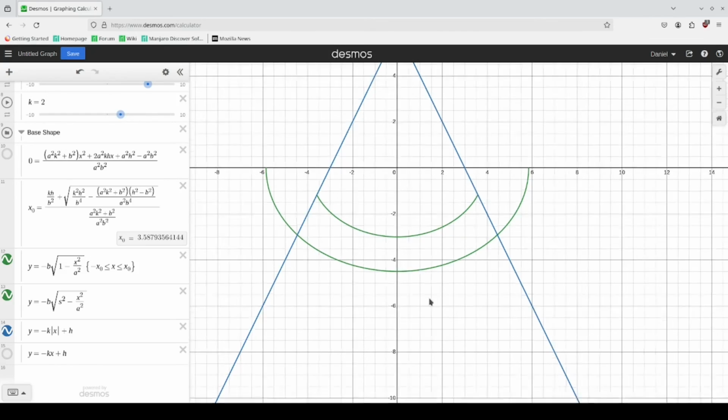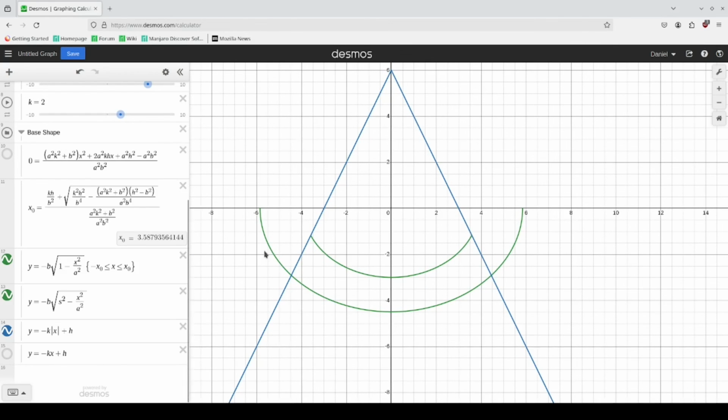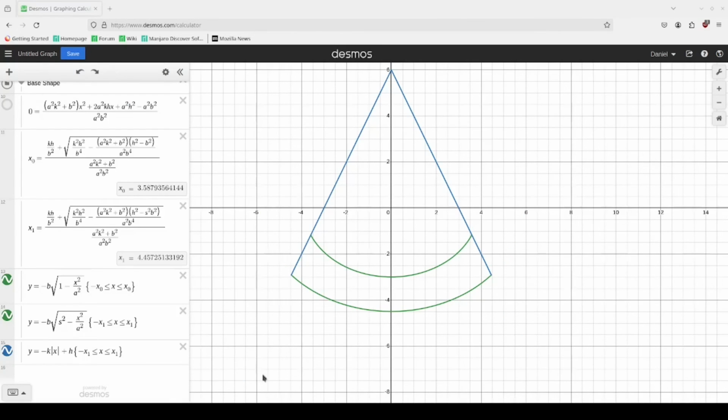Instead, I'm just going to do it off screen and come back to you with what the result is. All right, I got x1 calculated. So you can see it's really just a difference in have an extra s squared in the c